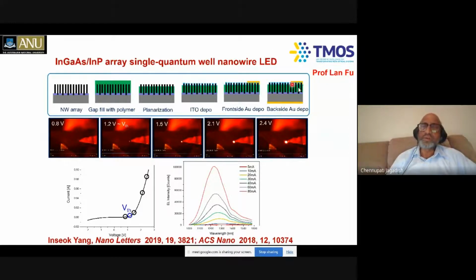Because you're now able to embed these nanowires into a polymer material, you can peel these things off so that they can be used particularly for foldable and flexible displays, for example. Samsung and Apple and others are interested in foldable phones and foldable computers and other things. So that's why he spent a lot of time optimizing these conditions.